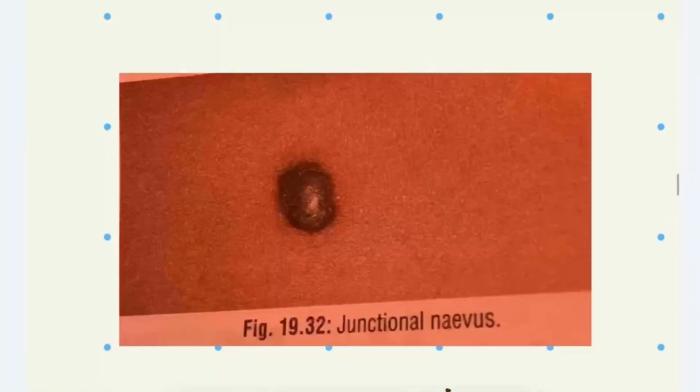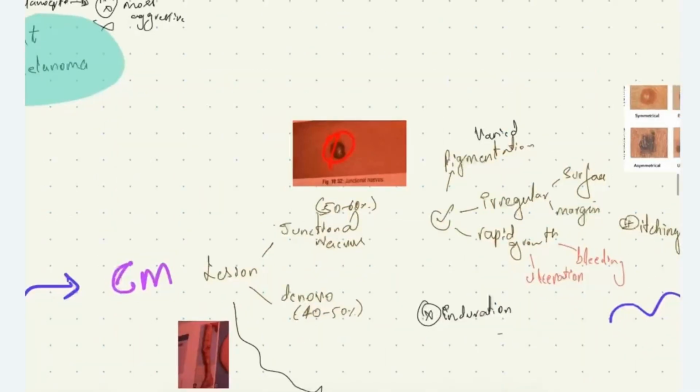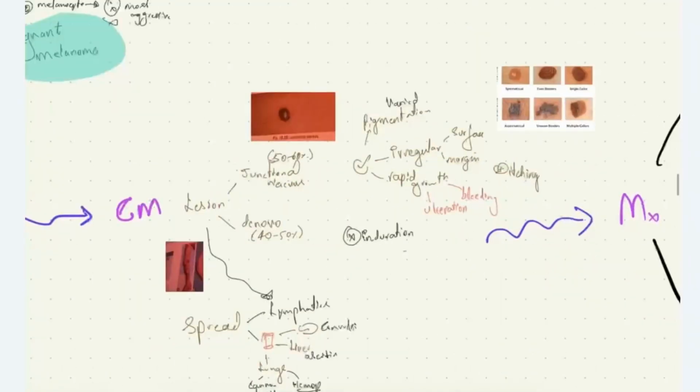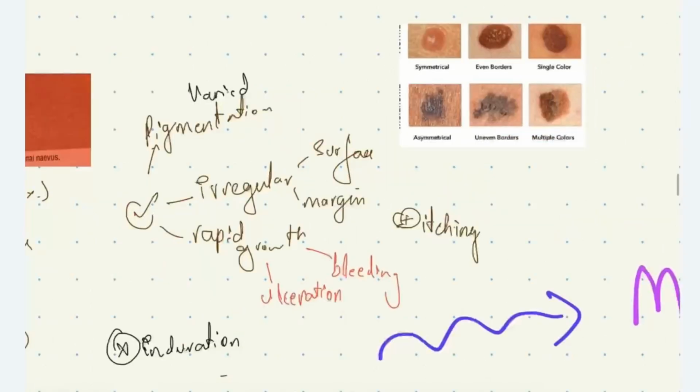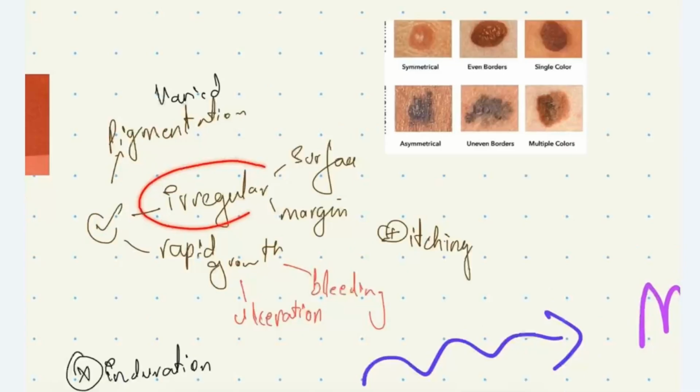This is the junctional nevus. We have seen this in our daily life. Many of us have this. Many of our relatives also have these lesions, junctional nevus. Now, what is the characteristic of the lesion of malignant melanoma? There is varied pigmentation, that is multiple colors inside the same lesion, and there is irregular surface and margin. Margin is irregular, surface is irregular,